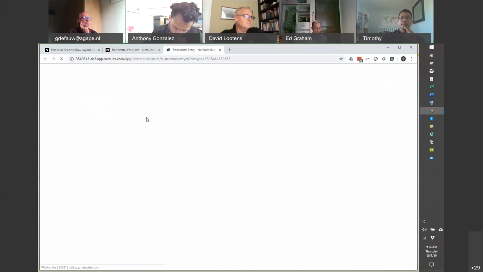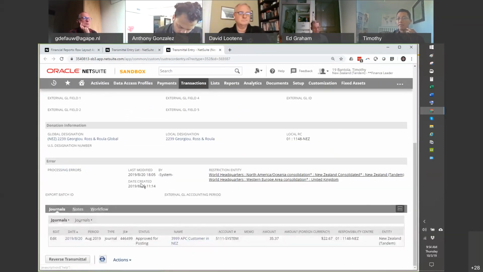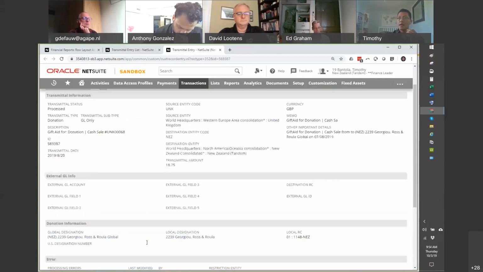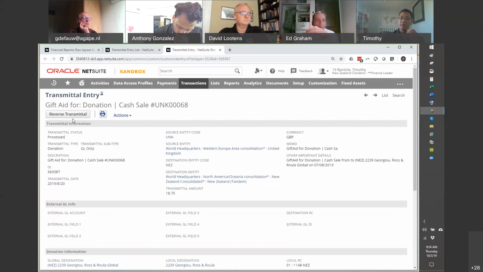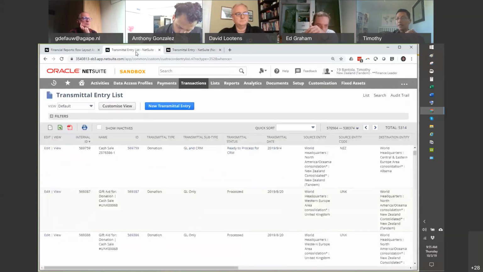So if it's processed and I dig into this, the reverse transmittal button will be right here. Clicking the reverse transmittal button will reverse all of the journals associated with the transmittal. Now, if you cannot see the reverse transmittal button, the first question to ask is, am I logged in as a finance leader? The second question is,